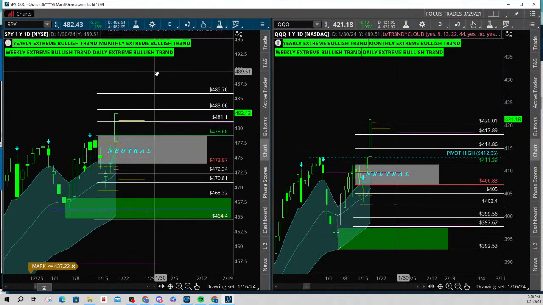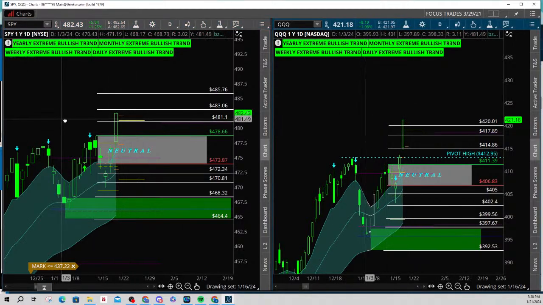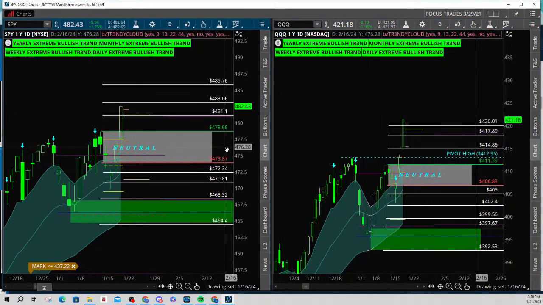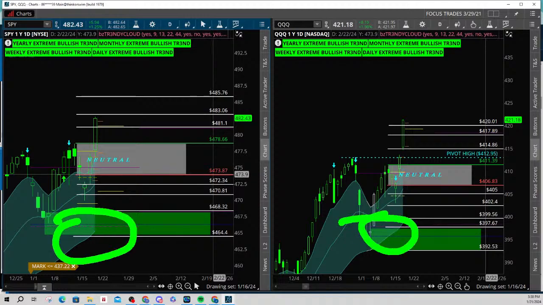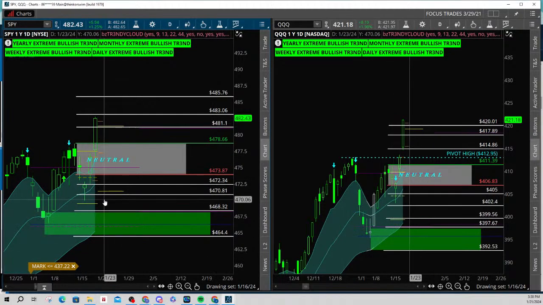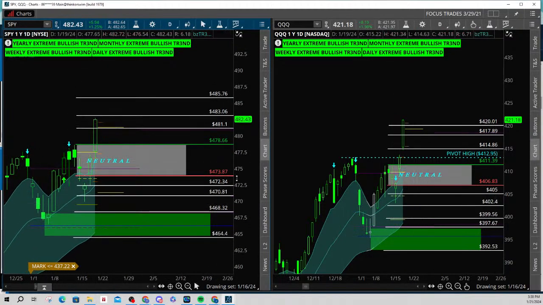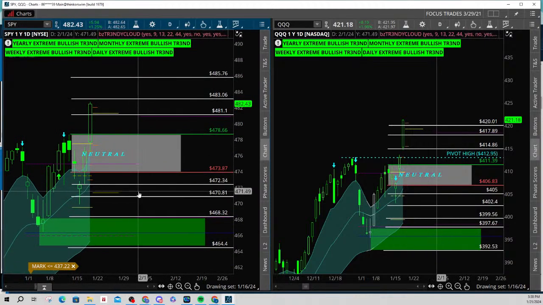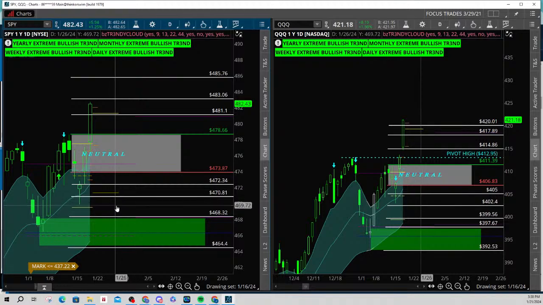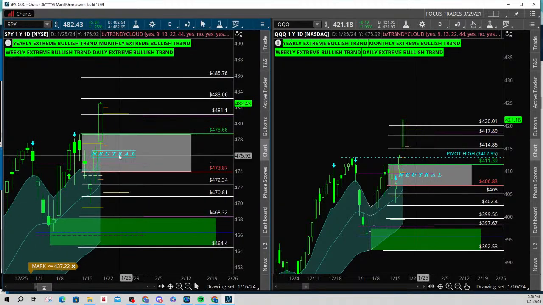All right, so this is currently on the day, and what I meant was, when I went on my cruise, I was looking forward to maybe coming back and finding price in these lower levels down here, but we didn't quite pull back. But I do want to show you a couple things, especially for those who are strictly trading supply and demand, and kind of show you where we came into. You might be surprised. The SPY did come into demand, it looks like.